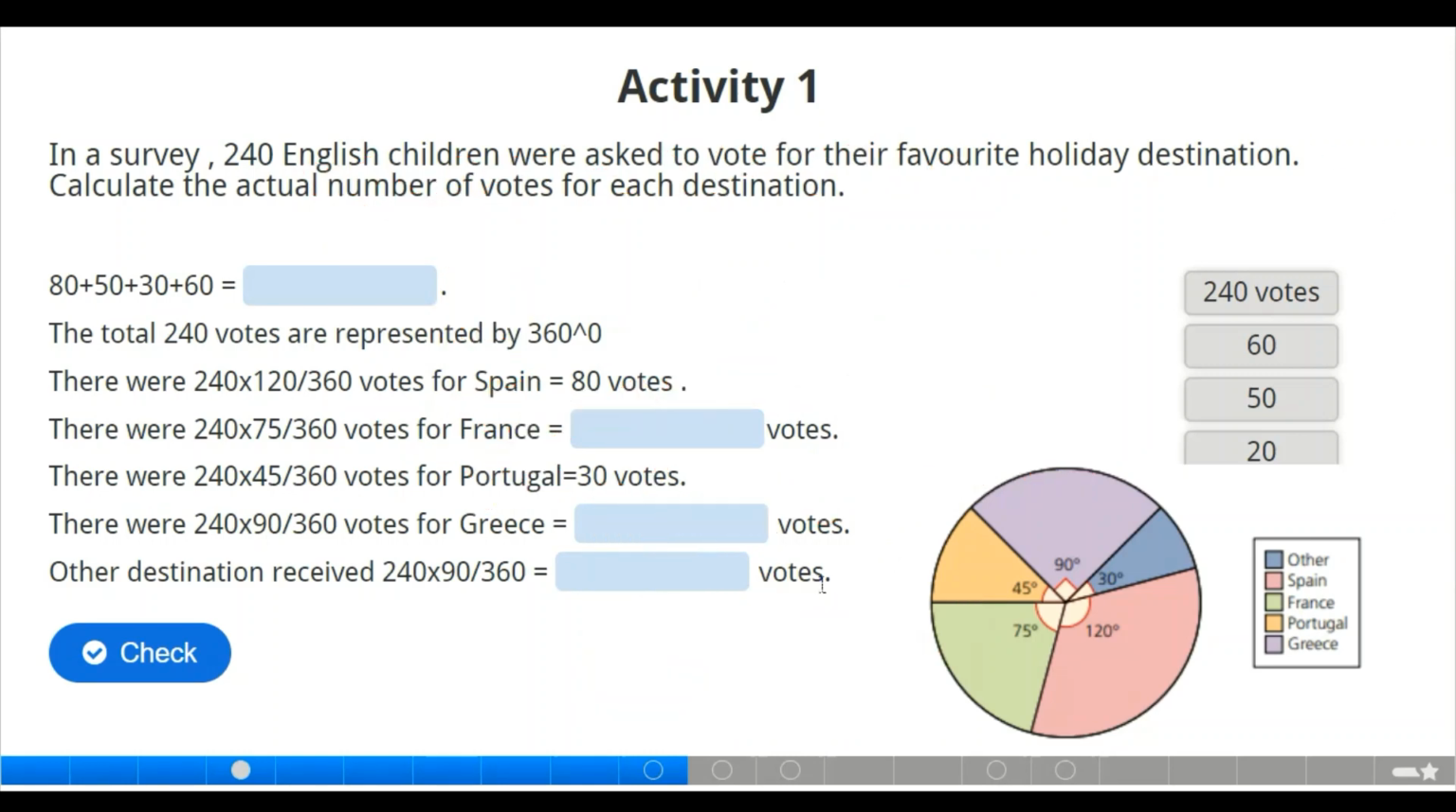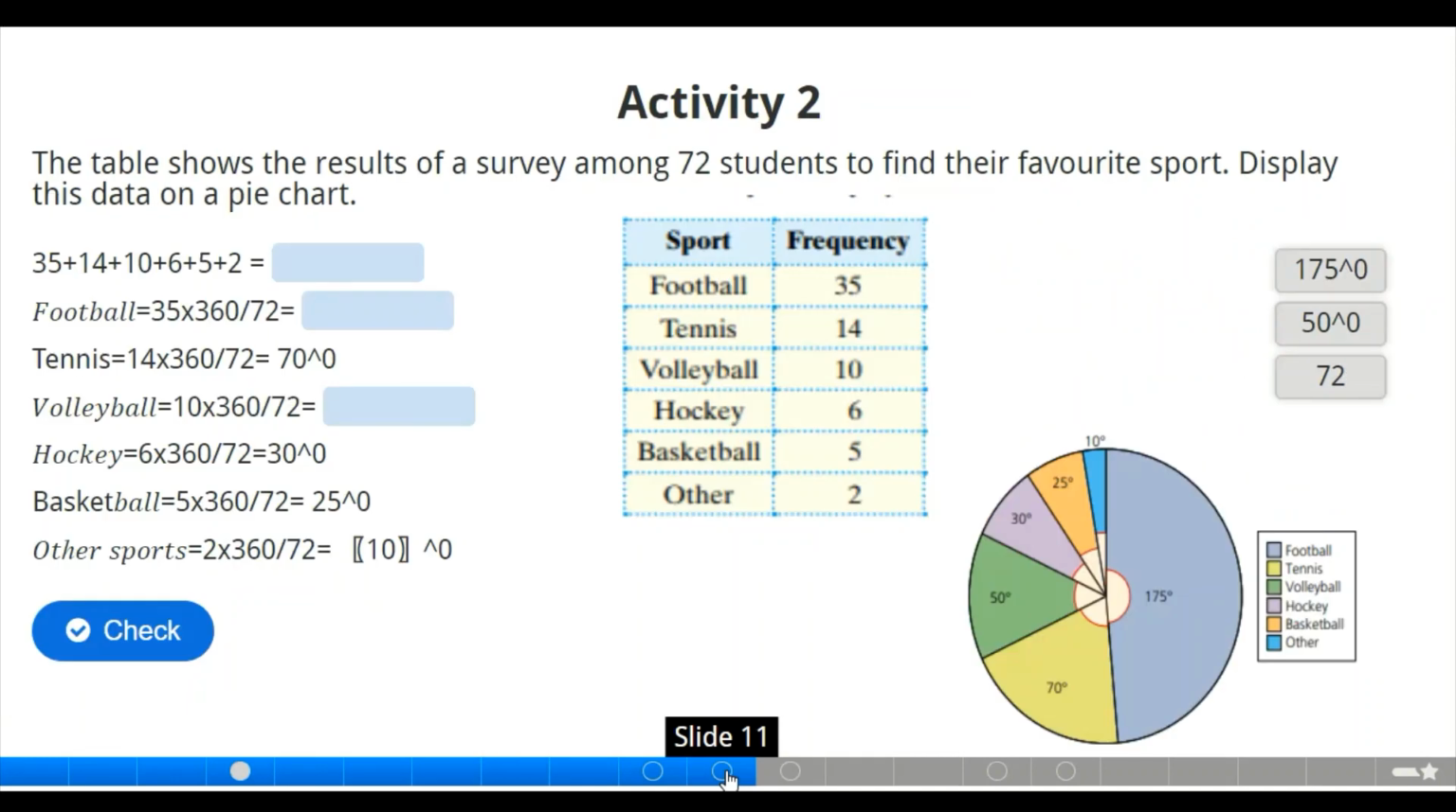favorite holiday destination. So let's look at the next slide and let's calculate. This one is telling us that we have the pie, we have the table here. So all we need to do is calculate the degrees that will be represented on the pie chart. So this time around, we have football 35, tennis 14, volleyball 10, hockey 6, basketball 5, and others